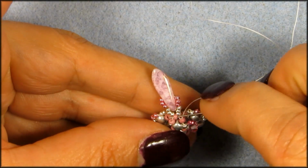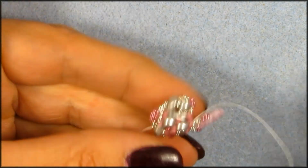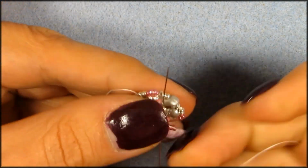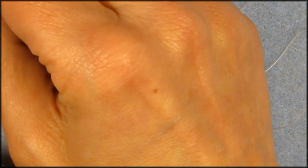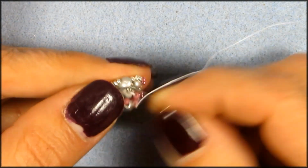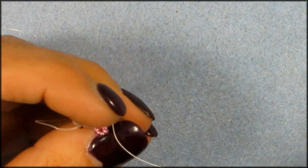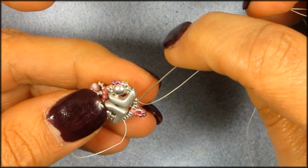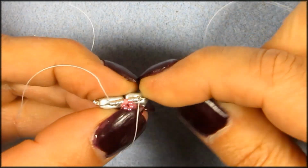Gonna move forward into that middle seed bead, up the seed bead 11-0 on the other side. Then we're gonna pick up 2 silver, the bicone, and 1 silver, and we're gonna go up. I'm gonna cross over to the other side again through all the seed beads, and I already picked up one by accident. I'm just picking that up, going all that way over there,